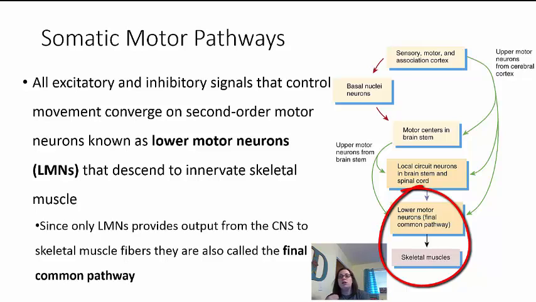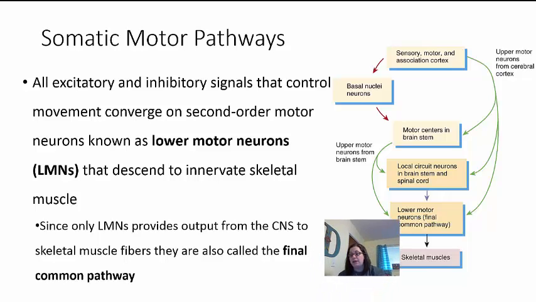You have the sensory motor association cortex. The information came into your brain that something is happening. The motor centers in your brainstem are going to get the message to do something. These are the upper motor neurons. They're going to send the message down to the lower motor neuron, and once they hit the lower motor neuron, they're going to talk directly to the skeletal muscle. That's why you see there's only one pathway here. On all the others, there were multiple pathways to get there, but the lower motor neuron can only talk to the skeletal muscle. Nobody else can. So that's important to note. That's why they're called the final common pathway.